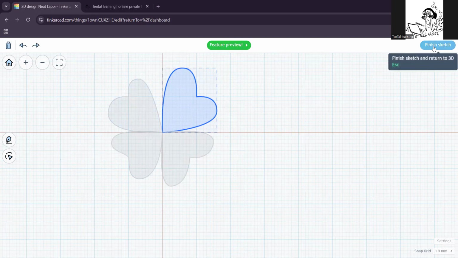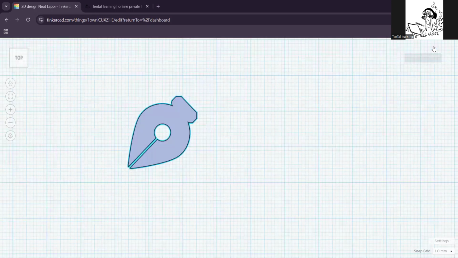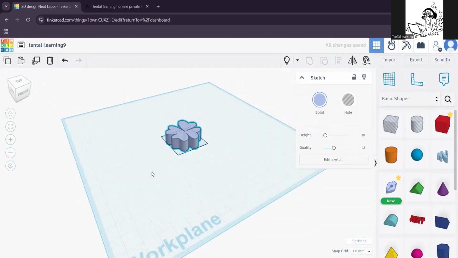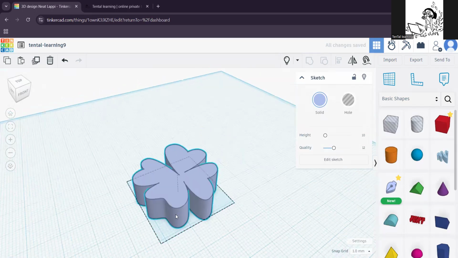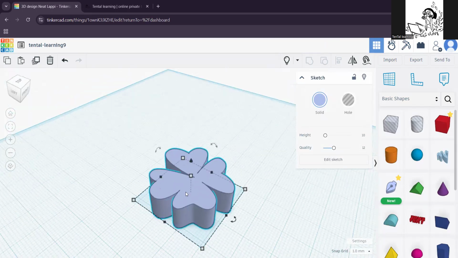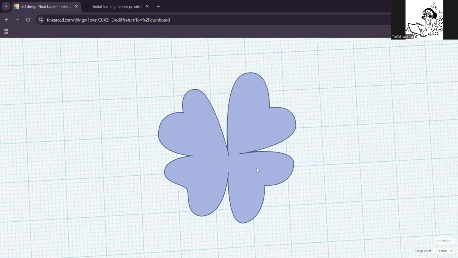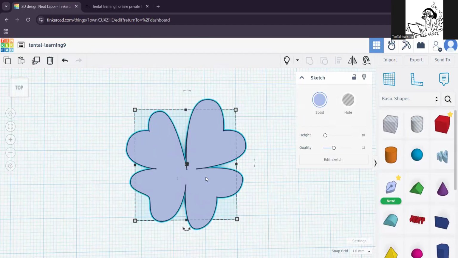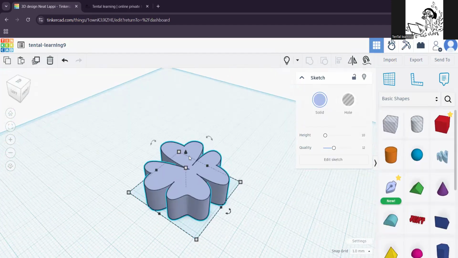We can go to this. If you click this button, finish sketch, we will see our 3D form. And at any point that you like to edit this form, you can go back to this, edit sketch, and change things. Let's keep it the way it is, and then let's add